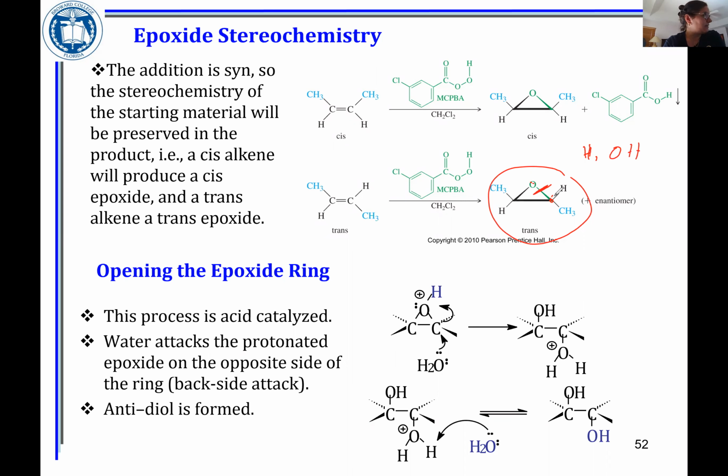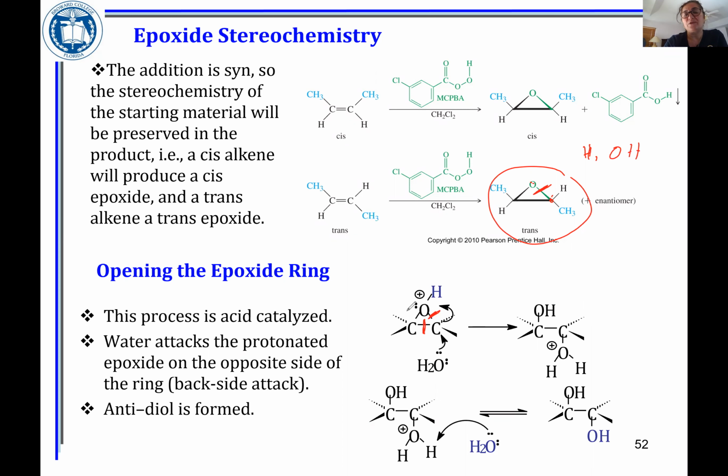Opening the epoxide ring, O will take the hydrogen, okay? Very good. So opening the epoxide ring means that you are going to break the bond between oxygen and carbon. That's what it means. You don't break the carbon-carbon bond. That's very hard to break. But this is the ionic bond, a more covalent, more polar bond, and it is easier to